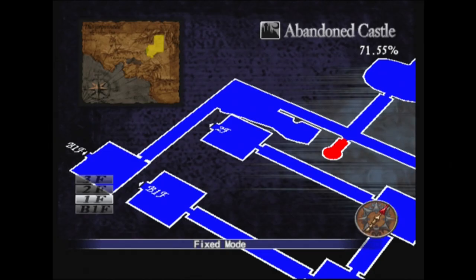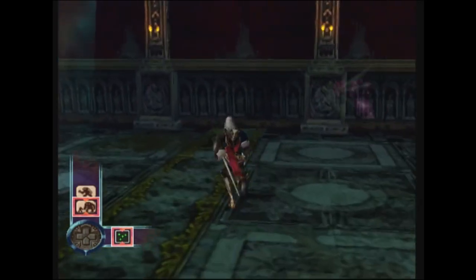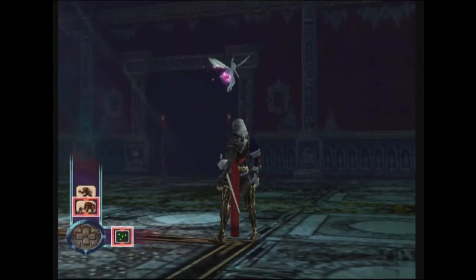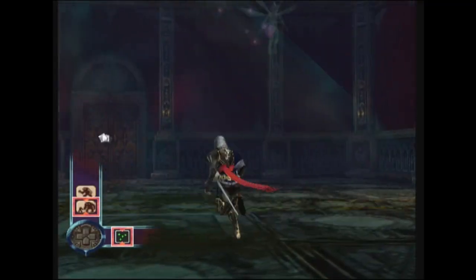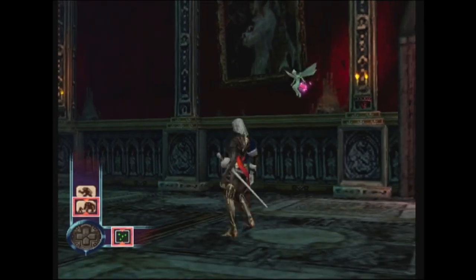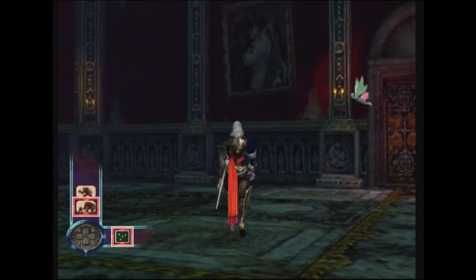Did I go up? Oh, I did. I think this loops around to the other spot we could have gone upstairs, though, so it should be fine. At least we're finally out of the dungeons and we're back into a more castle-y area. It's an interesting painting. It's mostly messed up, I can't really see what it's...